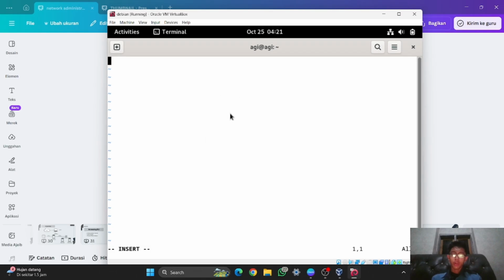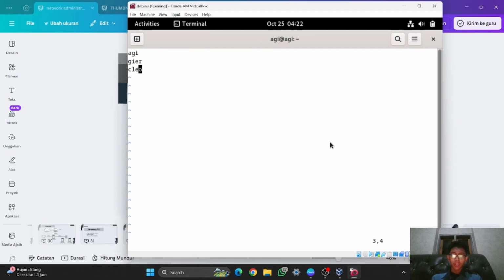And for example, I will add Agi and then Gr or Cleo. I think I will just save like this and then escape. And right now I've successfully edited or added the file by adding some information in here. And right now I will try to save this file using colon and then W. The W is only write.